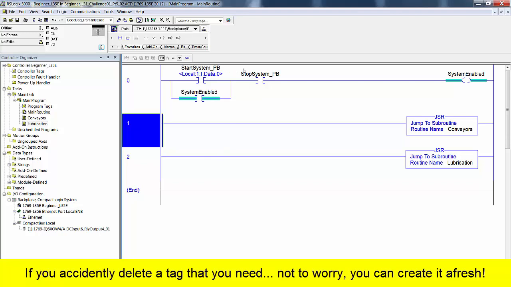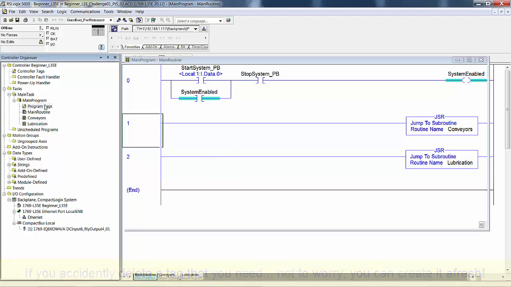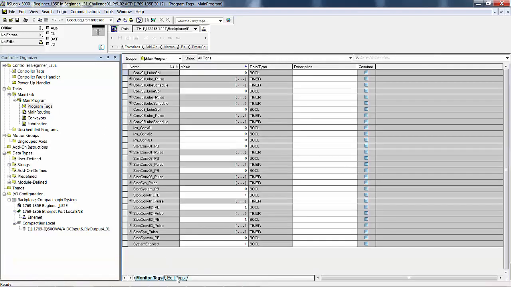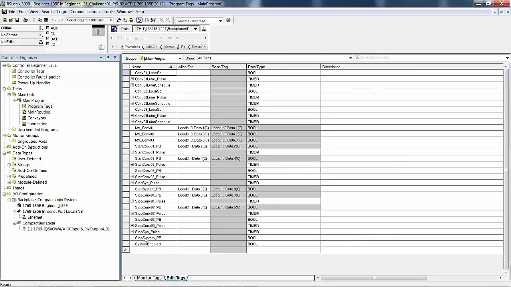Do not delete the start system push button tag or the stop system push button tag. Don't delete these 2. But I can go into the program tags here, go to edit tags. See the ones that we wanted are kind of down at the bottom. So there's the stop system push button, system enabled, we want to keep those, and then we want start. We need the lube pulse, we want to keep that. We want motor conveyor, but it's said to delete all of the start stop tags for the conveyors. So